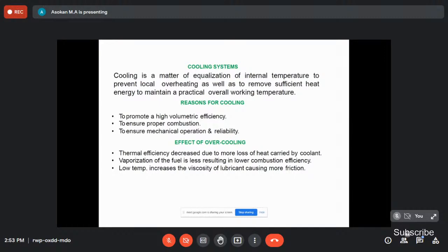So the effect of overcooling. See, the thermal efficiency decreases due to the loss of heat carried by the coolant. Suppose we circulate the coolant, it absorbs more heat, as we already discussed, right? Around 33% of heat is absorbed by the coolant. That's why the efficiency decreases. And the vaporization of the fuel is less, resulting in lower combustion efficiency. With more cooling, vaporization is not happening. So we maintain the average, an exact temperature. The low temperature increase, as we discussed, causes more friction. So we maintain the optimum